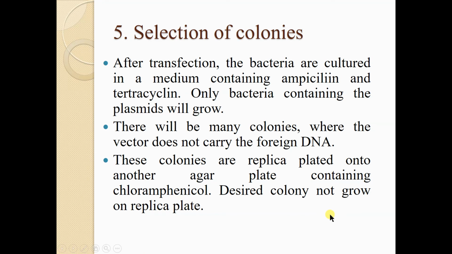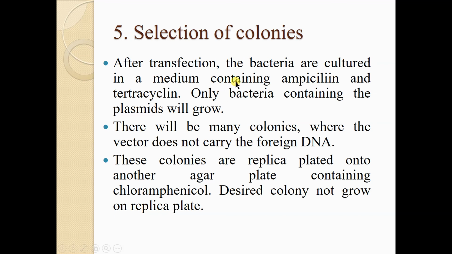interested DNA molecule. And the third possibility is that only 5% of the bacteria contain the plasmid that contains our chimeric DNA. So now we only require the bacteria containing that DNA of interest. Only that bacteria should grow and multiply, so that we will get our DNA of interest in large numbers.